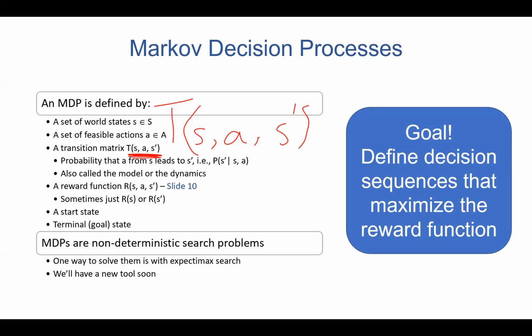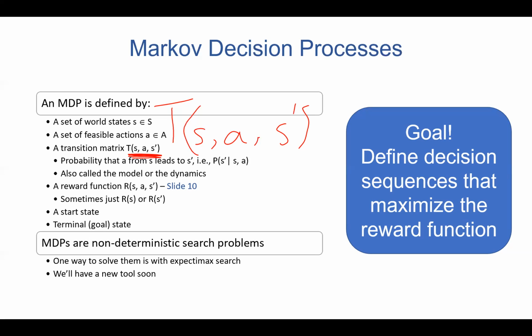And it's going to have three important elements: the state at which you're currently at, okay, the possible actions that you can take, and then the new possible state that you can get into by taking a certain action. So it's kind of just like the probability that an action from S leads to S prime. And we're just going to denote it with the probability of getting into a future state, the next state, S prime, given that you are at a certain state and you can take a certain action. It's like a conditional probability.